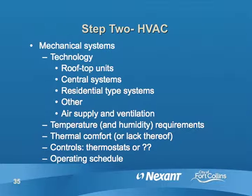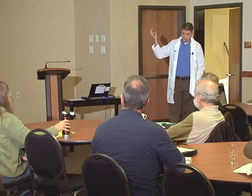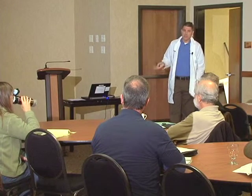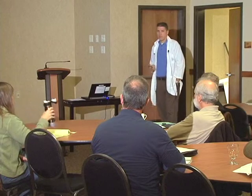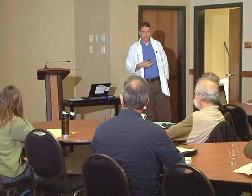Other things that go into designing a system, of course, are temperature, thermal comfort, controls, schedule, and so forth. Most buildings are controlled at 72 degrees, but when you get into gymnasiums or hospitals or lab spaces, HVAC design becomes a heck of a lot more complicated because you've got outside air requirements, you've got thermal requirements,